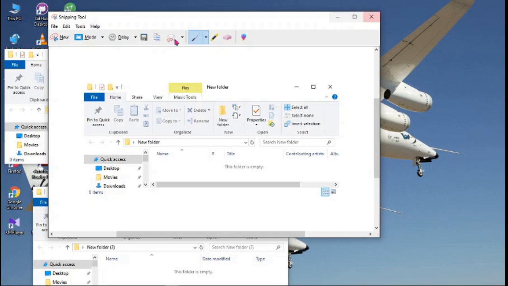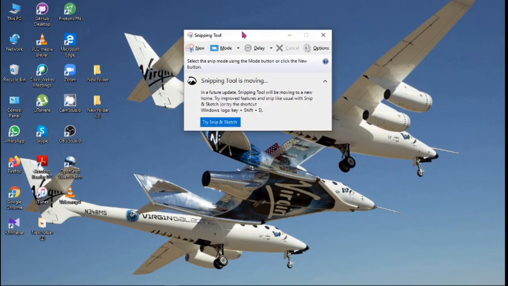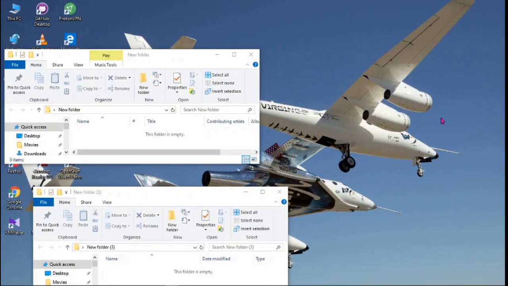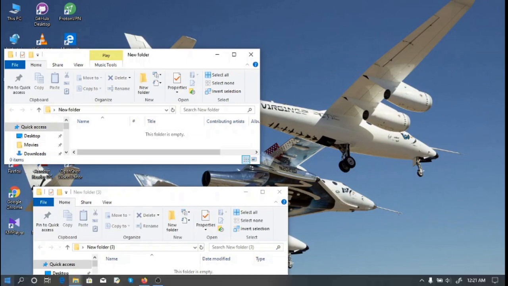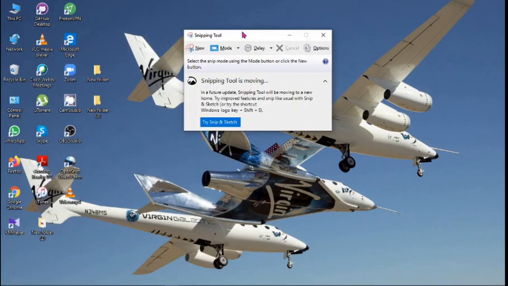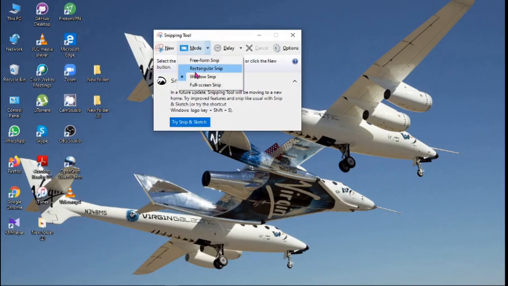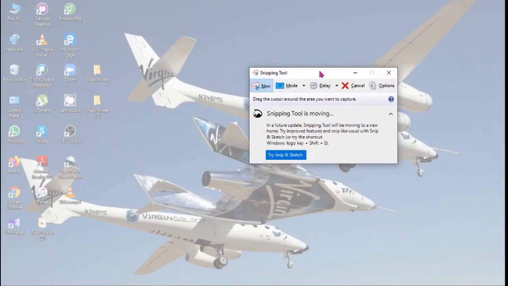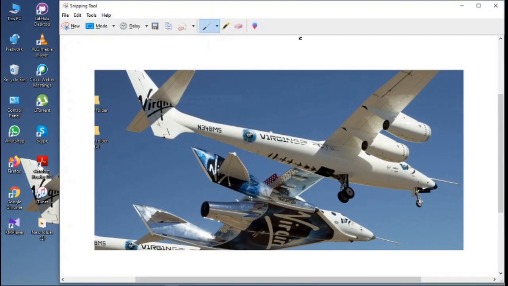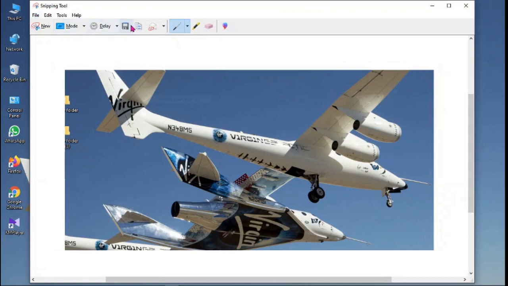Fourth mode is full screen snip. That means if you have a secondary monitor or something, you can select which monitor is captured. Also you can save this captured picture. I take a capture like this, and here you can use the save button, and before you save you can do any